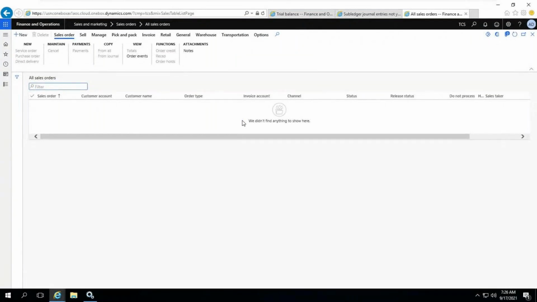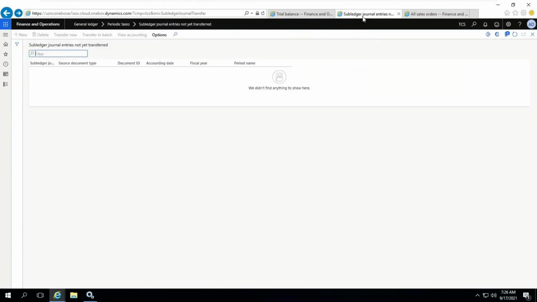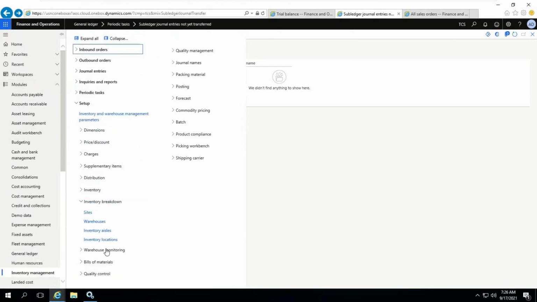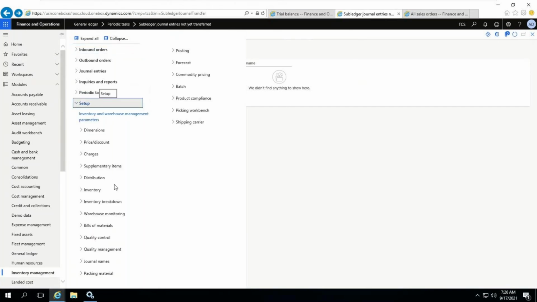Otherwise, it will not be. So let me map temporary postings at the time of packing slip and invoice also. Inventory management, setup,